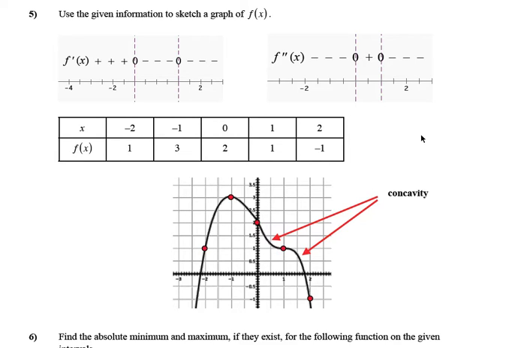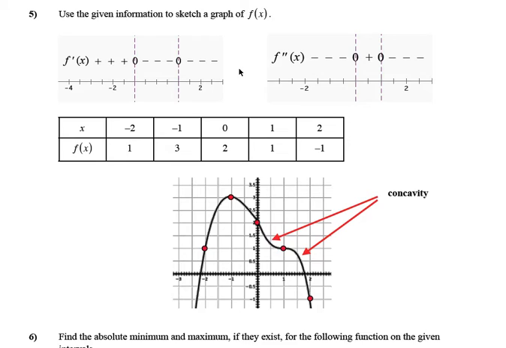calculate it ourselves. And this first chart that you see right here is a sign chart for the first derivative. It shows the first derivative is positive from negative infinity up to what looks like probably 1, or rather negative 1. And then from negative 1 to positive 1, the first derivative is negative, but then beyond that, it's negative. Now, if you look in your textbook,